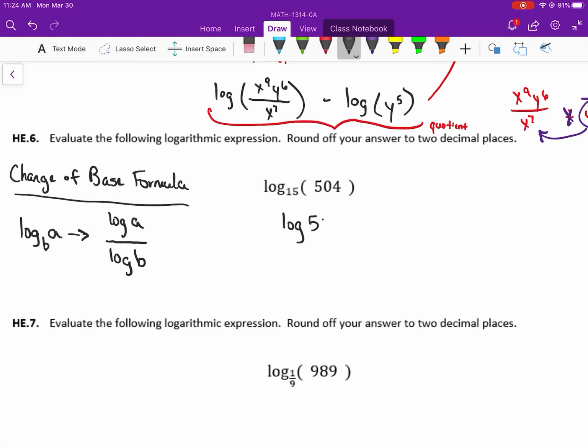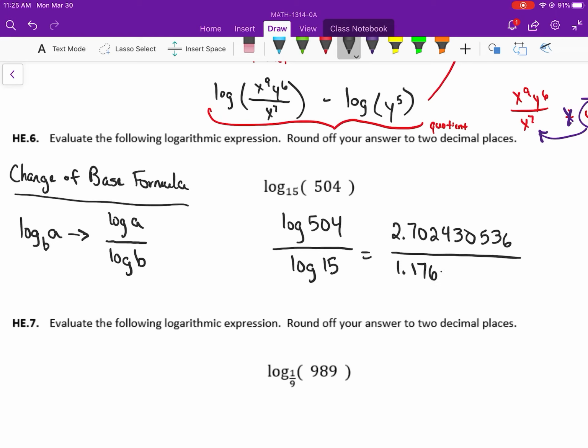All right, so my base here is 15. This is log base 15 of 504. We're going to convert this to log of 504 over log of 15. Now I'm just going to grab our calculator here. The reason why we use log, because that's common log, is you can just use your calculator, hit log and then type in 504. And I'm going to go ahead and write down every decimal place that I see. 2.702430536